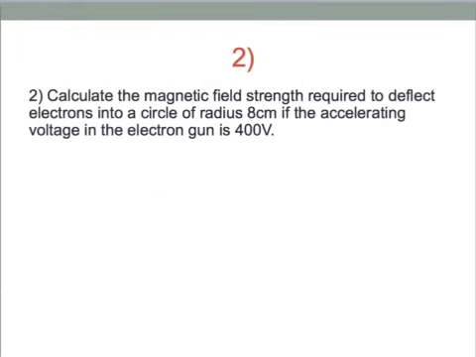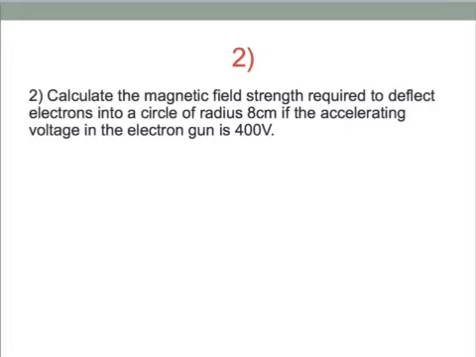Right, question 2. Calculate the magnetic field strength required to deflect electrons into a circle of radius 8 centimeters if the accelerating voltage in the electron gun is 400 volts. Now that 400 volts, of course, will give us a particular final velocity for the electrons emerging from the gun, and we can calculate that using